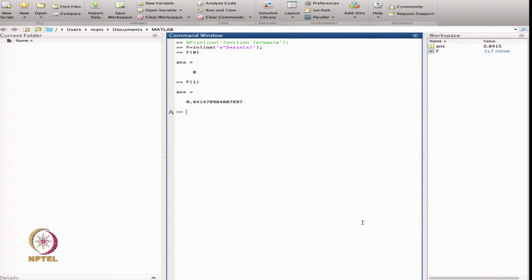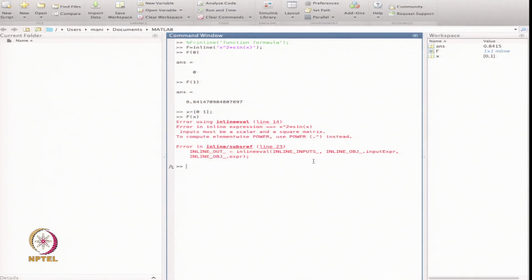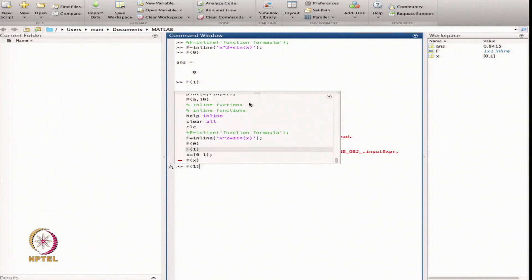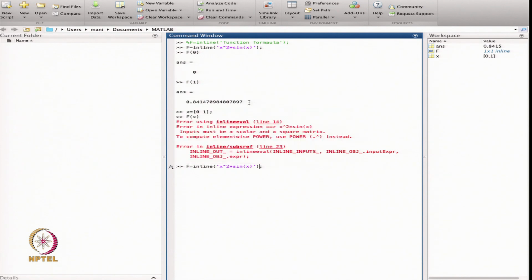All the values we can put, the same way we have defined the anonymous function, the same way we have defined the inline function. Because now suppose I want to give the value of the function, I just define x is equal to maybe 0 and 1. So, this is the vector I have defined, and now I want to give this value. It will not accept the value because this function is a scalar function. So, I have to redefine the function in vector form,